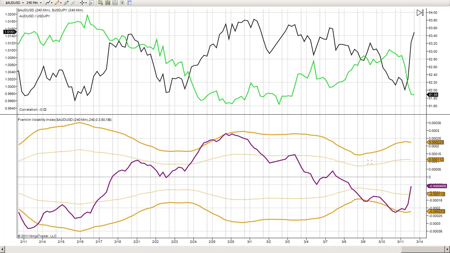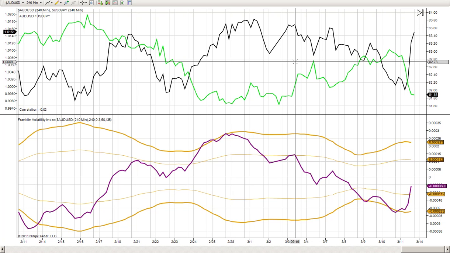Currently, we received a signal right here. It briefly began to converge, but as you can see, it fell apart. And I mean, this happens. There's no such thing as a perfect signal. But this would have been like an exit point, or like a stop loss. And once again, this is a higher time frame, so typically implementing a 1 to 2% risk would have been sufficient. But then